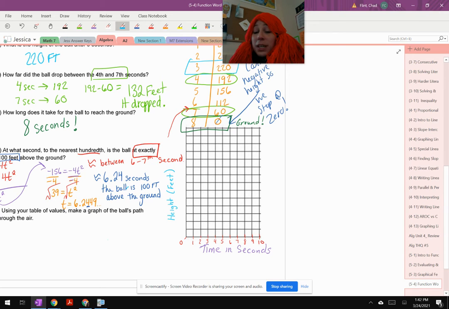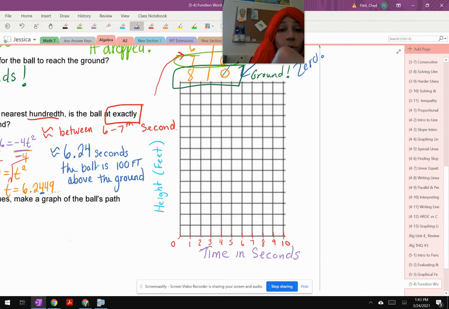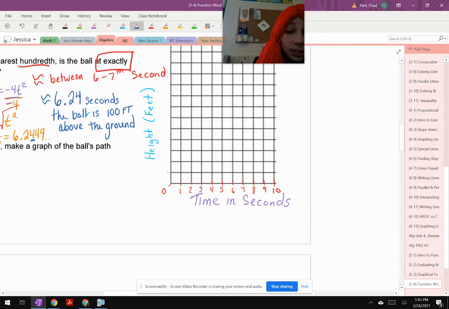Going up by tens wouldn't be enough because that would only get me to 140. So then the next best thing would be probably going up by 20s. And so I'm going to label that. My height in feet is going to start with 20. I'm going to label every other one, but not skip. So this is 20, then next would be 40. This is 60, 80, so this would be 100, 120, 140, 160, 180,